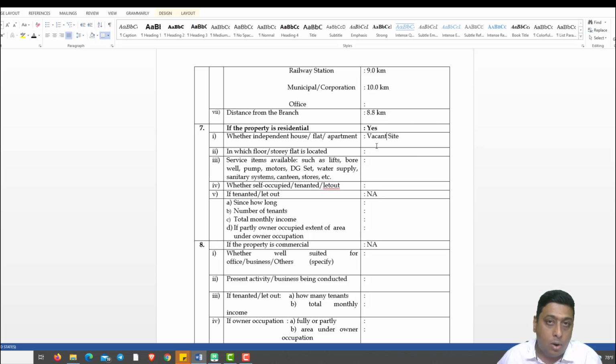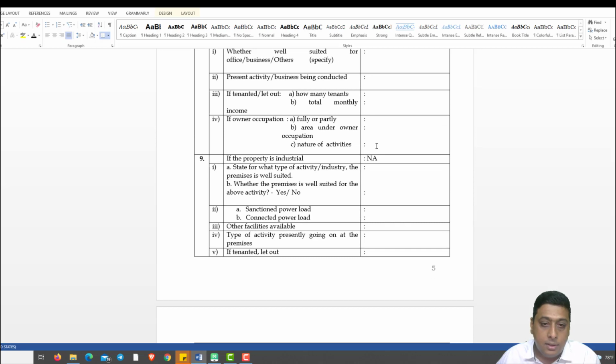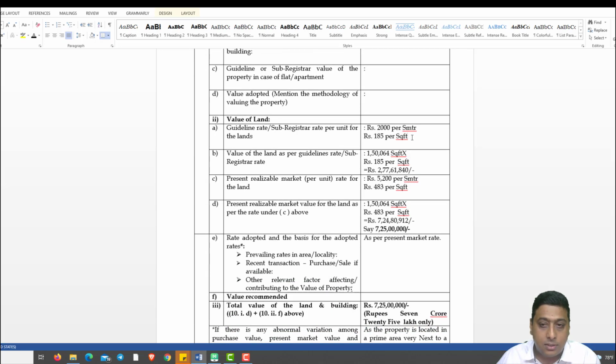In that particular plot, we have assumed 58%. Tomorrow, if I am going to develop it as a residential locality, I am going to consider 58% as dedicated for roads, civic amenities and parks. The value as per the government rate is 185 rupees per square feet, but we have increased it to 483. That is almost 20% more than double the value. If I take double the value, it is 370 rupees. So I have taken 483 rupees.